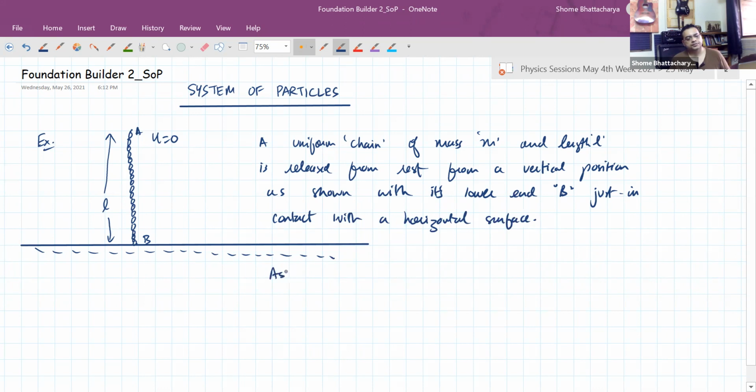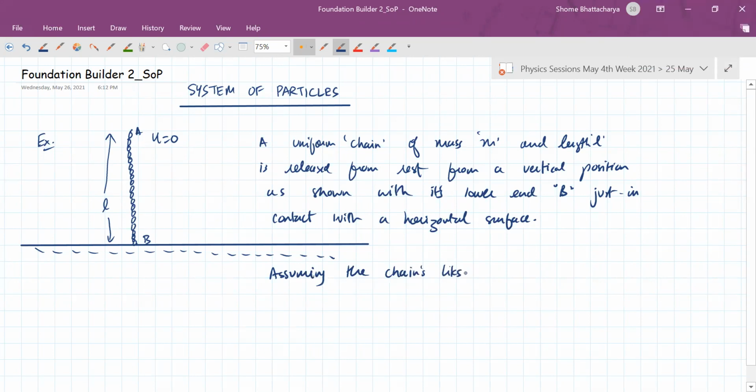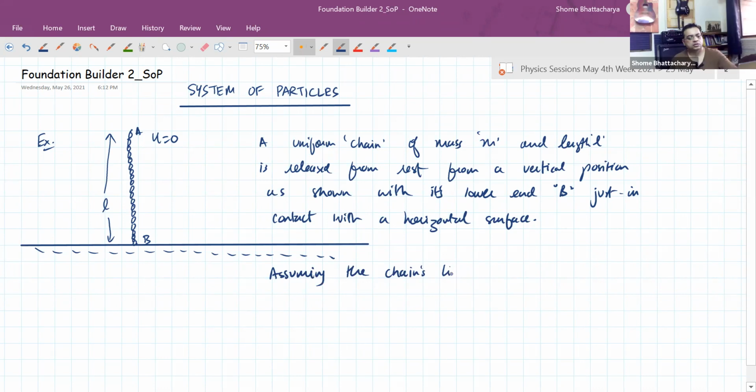Now, assuming the chain's links do not bounce, that means they come to rest the moment they come in contact with the ground or with the horizontal surface, which is about the inelastic impact I was telling you about. So, assuming that the chain's links do not bounce as they come in contact with the surface,